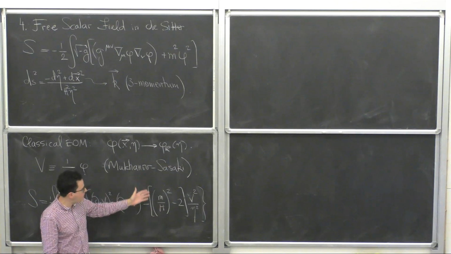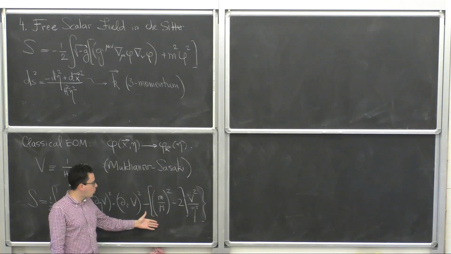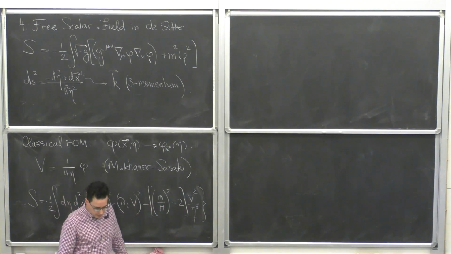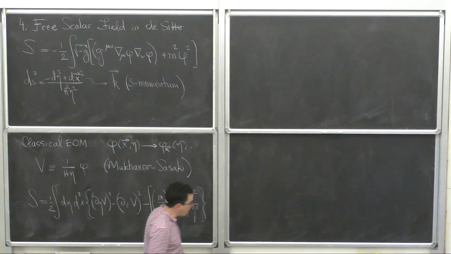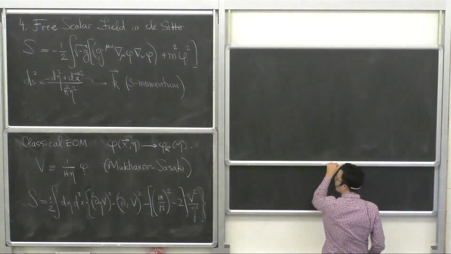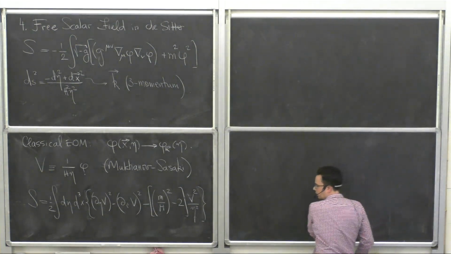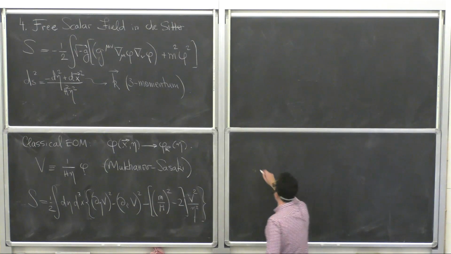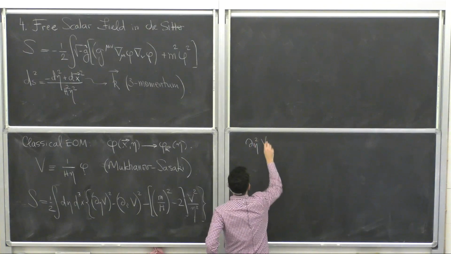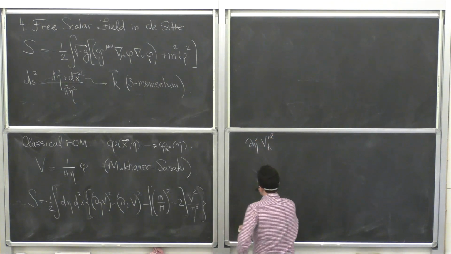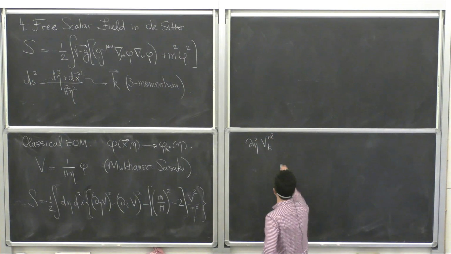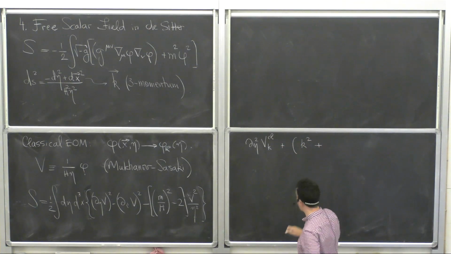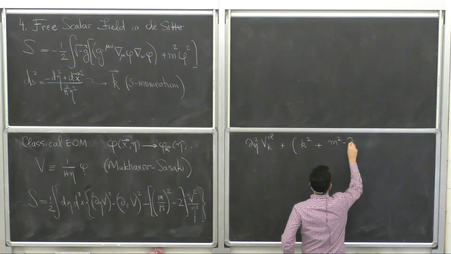But the behavior of the correlation functions of the scalar field will depend on how heavy the mass is in Hubble units. Okay, so now if you go to momentum space, I'm just repeating. So the equation of motion for this Mukhanov-Sasaki variable, the classical equation of motion looks like this: k squared plus m squared minus